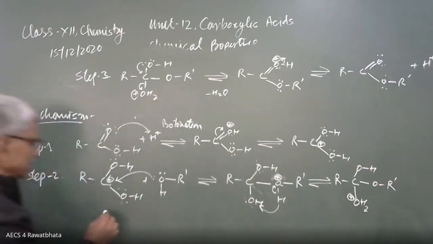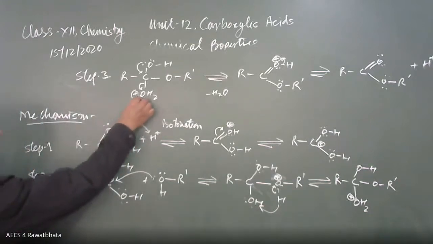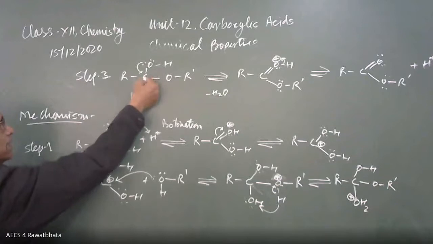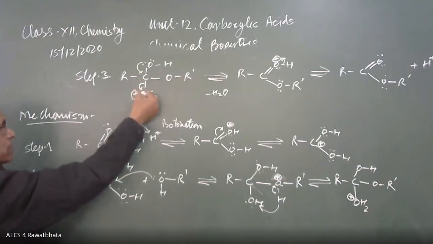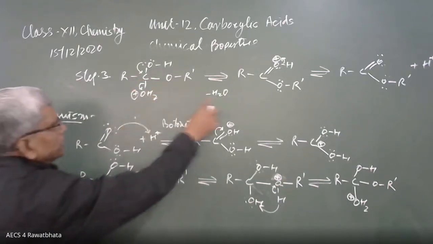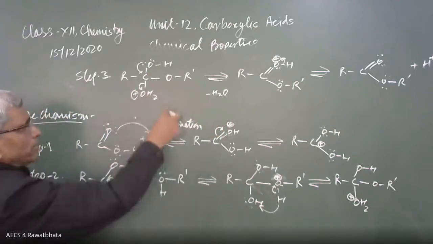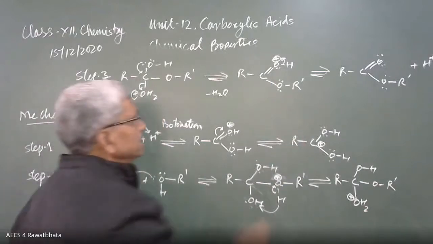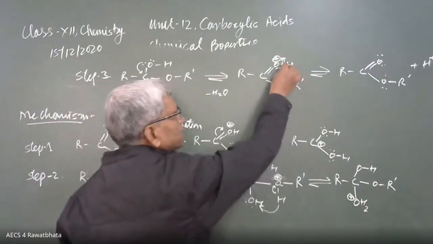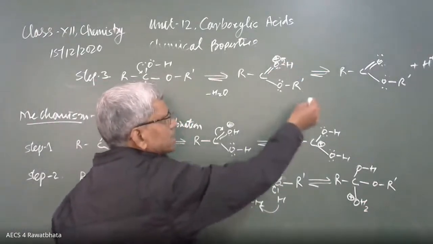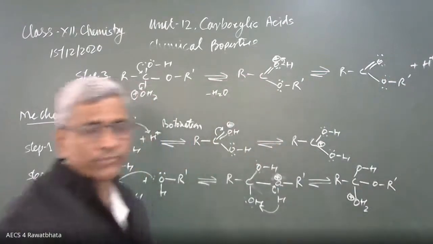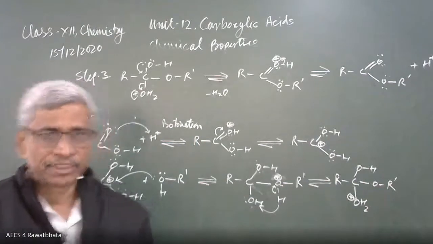Finally, this OH, here the pi electron transfers toward this side, and this lone pair of electrons is available from here, and this sigma electron transfers to this oxygen side. It comes out in the form of H2O after breaking the bond, and positive charge arises over this oxygen. Since H is there, H transfers its shared electron towards oxygen, and finally we get ester and hydrogen ion free for further esterification process.